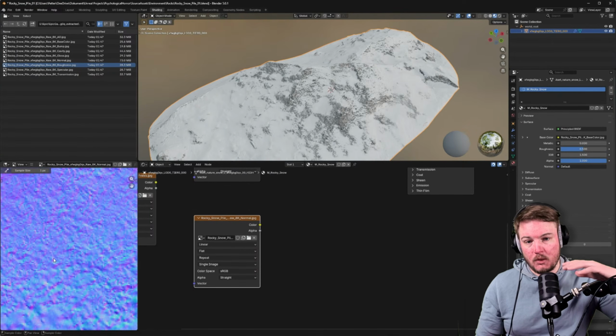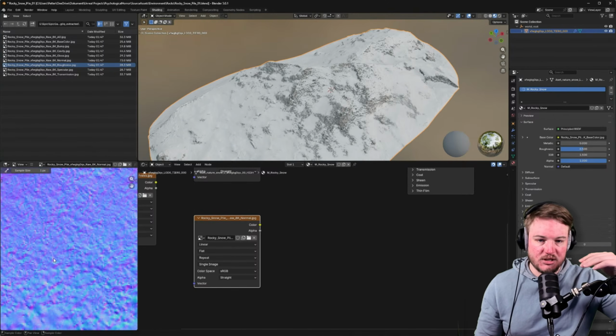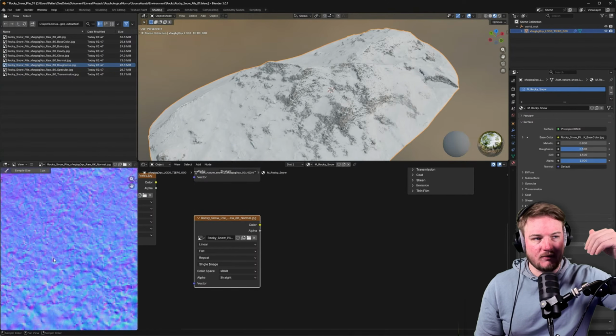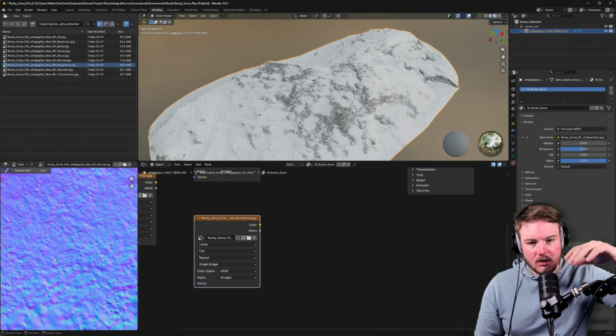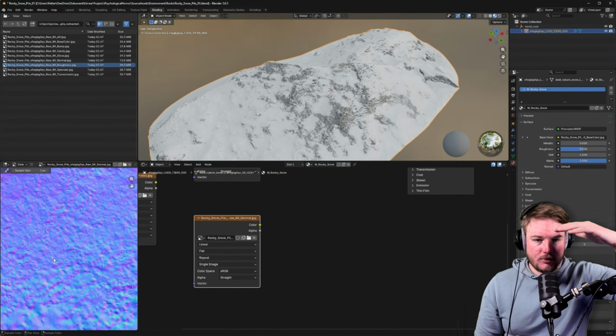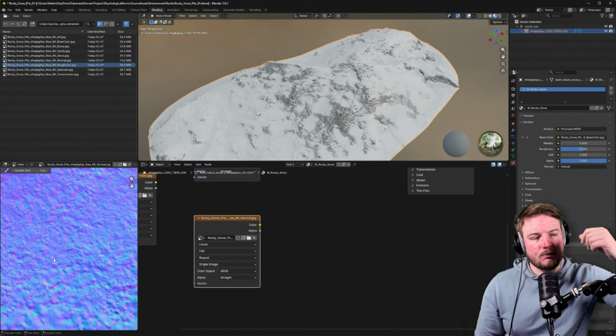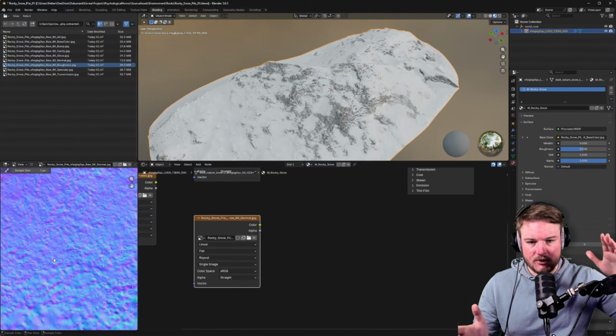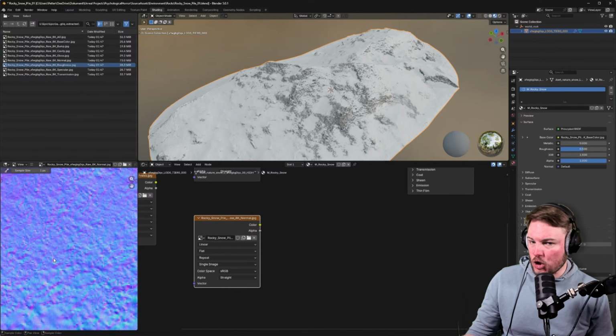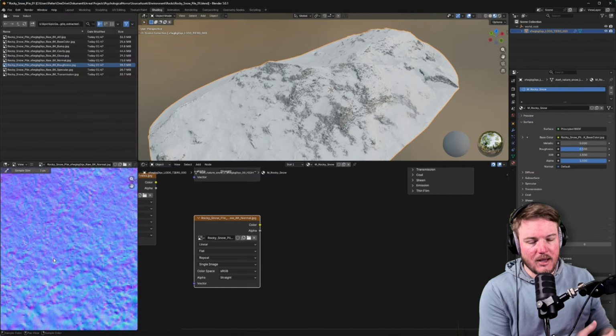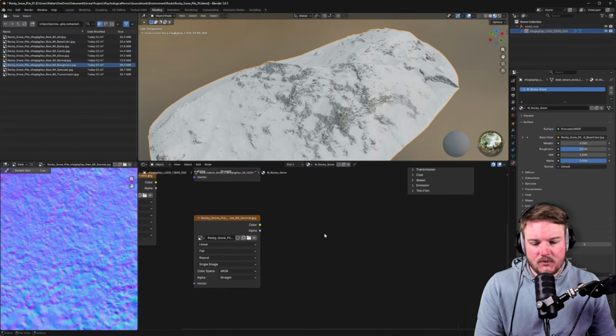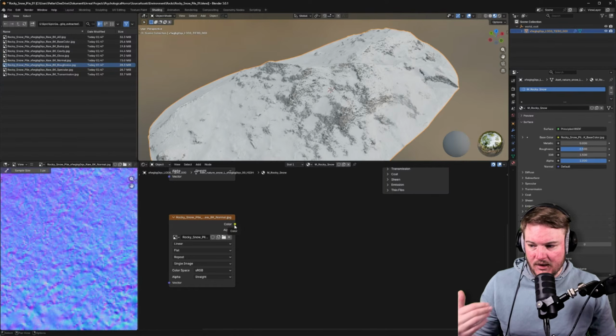The point is the values are inverted, where DirectX has darker values and OpenGL would have brighter values. What we need to do, if this is DirectX,